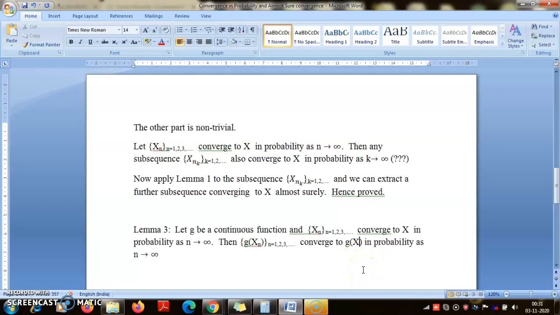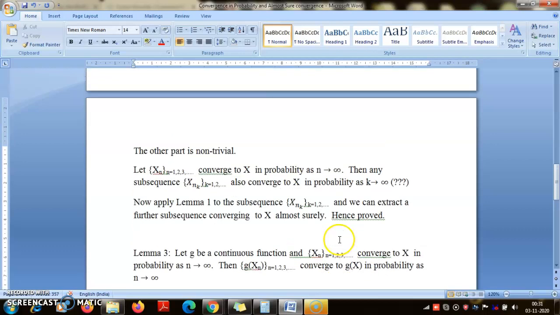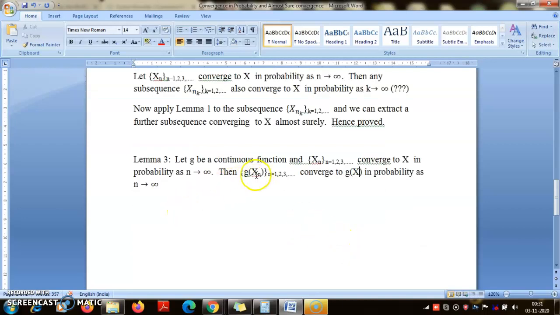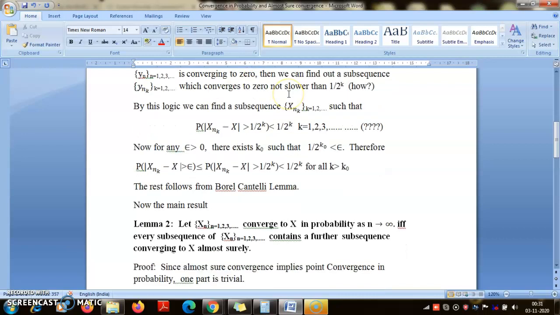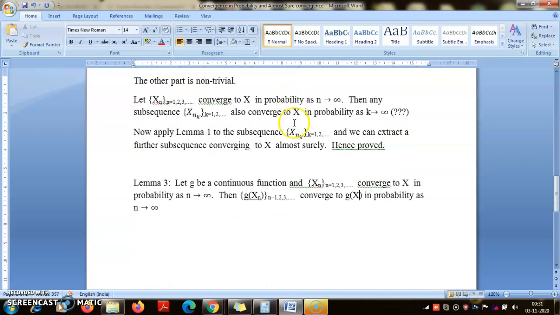Now these are some of the few results that hold true in all modes of convergence. If I had a real sequence x_n converging to x, and g is a continuous function on R, then g(x_n) will converge to g(x). Now proving this result from the definition is somewhat challenging, because from the definition, for every epsilon, the probability of |g(x_n) − g(x)| greater than epsilon has to go to 0. Proving that becomes very difficult, but if x_n converges to x almost surely, then